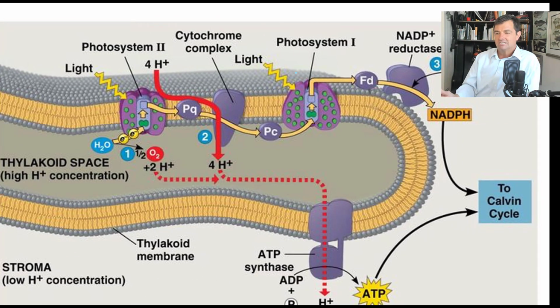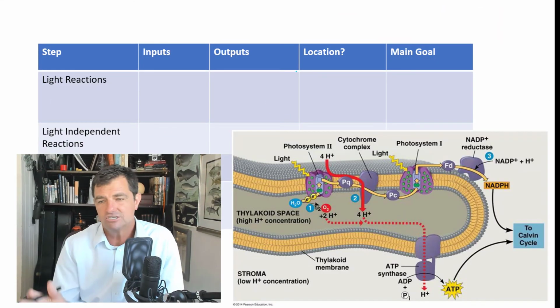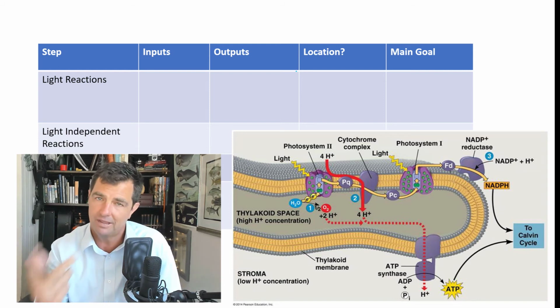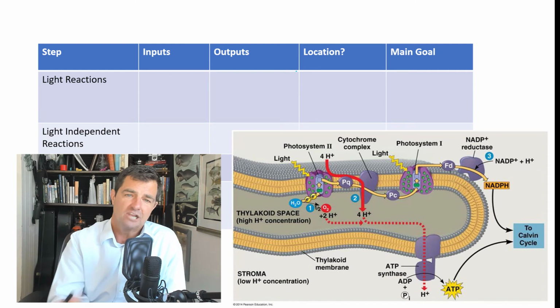And here's once again just another view of that same thing, showing you that here's a membrane, here's my photosystem 2 and 1, same kind of thing. So what we're going to do is the same thing we did before with cell respiration, but we have 2 steps this time instead of 4. We have first the light reactions.